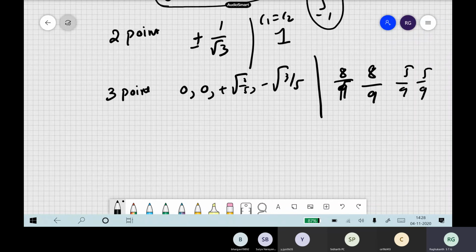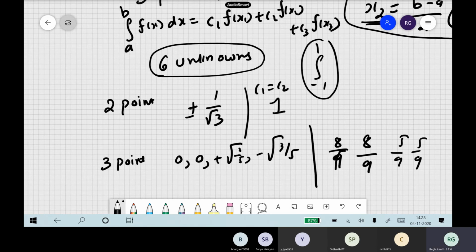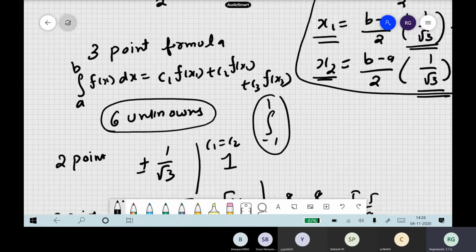Now there are also several methods in this Gaussian quadrature. So this is one thing with respect to the polynomials, where we are trying to find out the weights itself. But here one most important thing, which we will discuss in our spectral element also, in the Gaussian quadratures, in the 2-point formula, whatever we have seen, where are the nodes located?